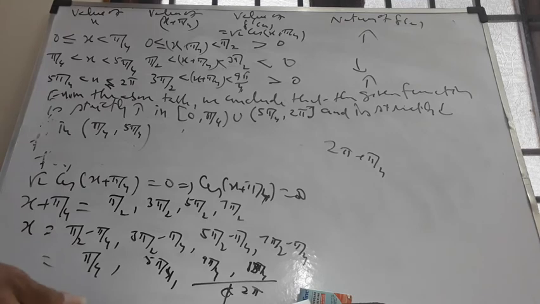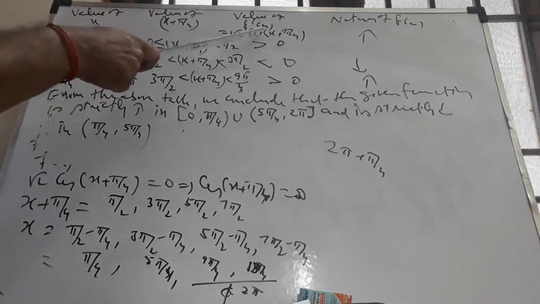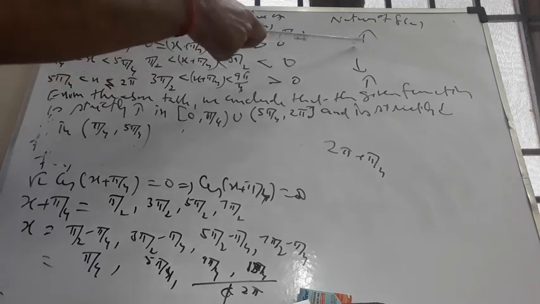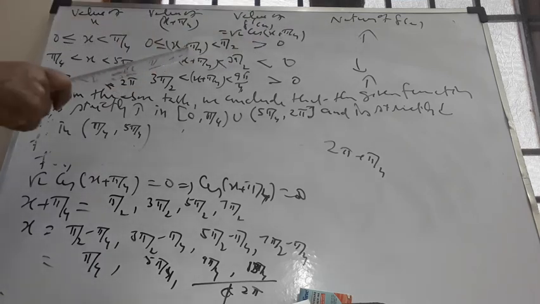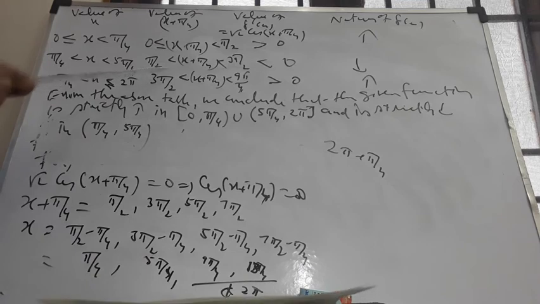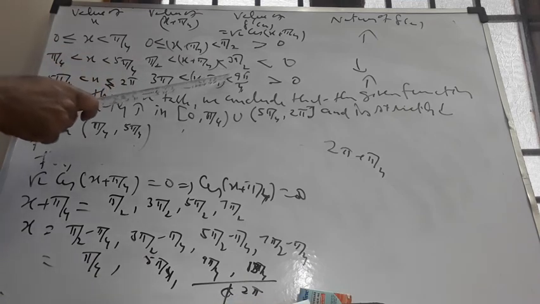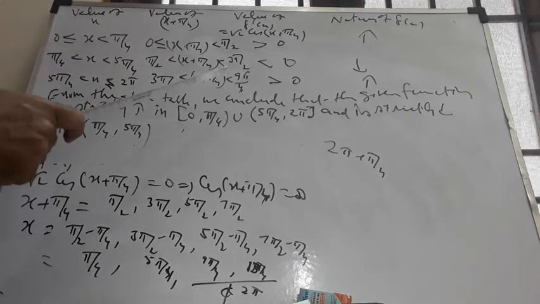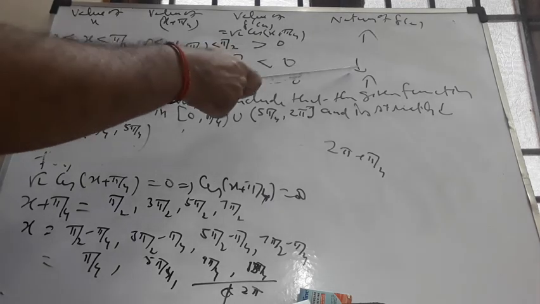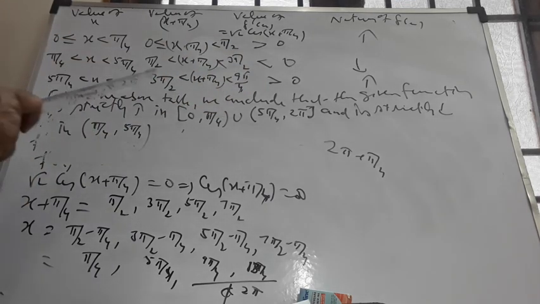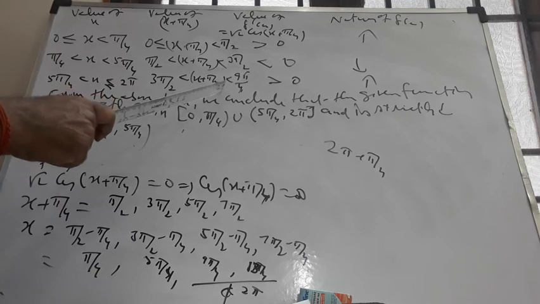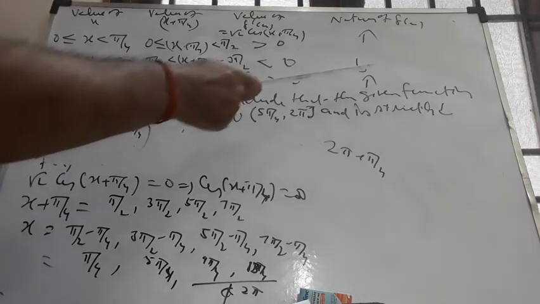Therefore, this is an angle in the first quadrant. First quadrant cosine is positive. If f dash of this is positive, the function is increasing. Then after adding pi by 4 to x, it's an angle in the second and third quadrant. Second and third quadrant cosine is negative. Function is decreasing. And then it is in the fourth quadrant and some values in the first quadrant. Cosine is positive. Therefore, it is increasing.